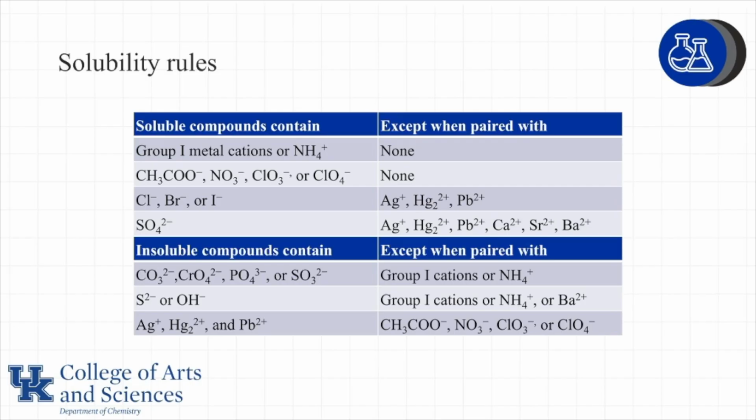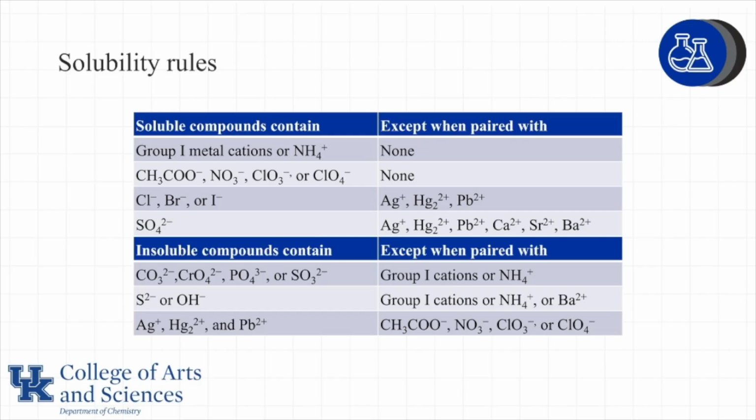When we look at these, notice that there are a set of solubility rules and a set of insolubility rules. For example, if we look at compounds that contain the group 1 metal cations, lithium, sodium, potassium, we see that they're always going to be soluble. Same thing for the anions, acetate, nitrate, chlorate, and perchlorate. They don't have any exceptions, so once we see those ions in a compound, we know it's going to be